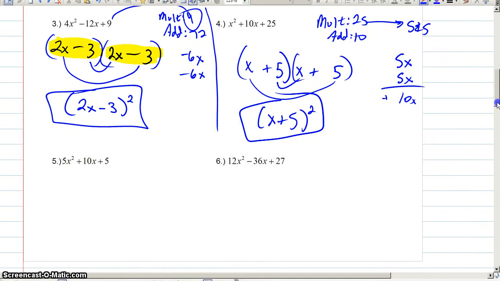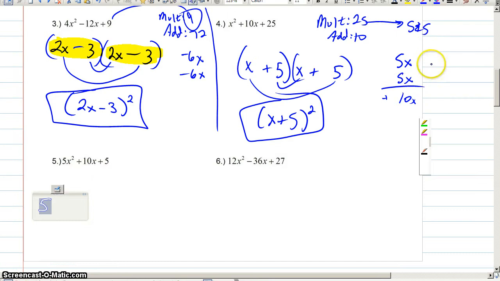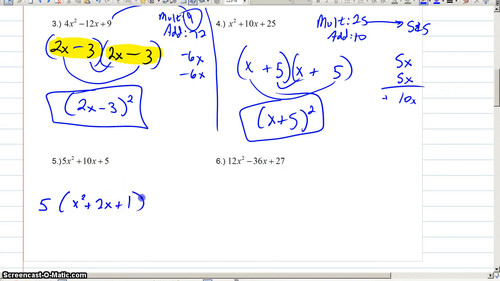Please always, always, always ask yourself, is there a greatest common factor? Is there a number I could divide out from all three of these? There is. You very well could divide out a 5. And as you do that, you can see that you would be left with 5 times x squared plus 2x plus 1. Now from here, we know that we'd have to multiply to a 1,